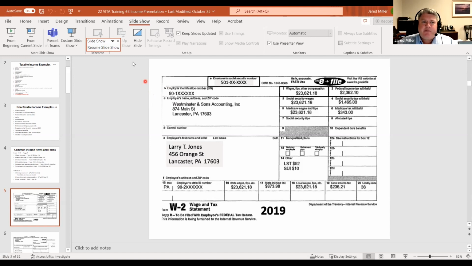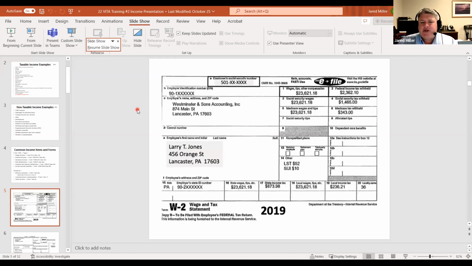Now, good news is if you haven't been part of VITA before, if you enter the employer identification number, that information for the employer will automatically populate if someone else at VITA has already entered that same W-2. So if we have a common one, things like School District of Lancaster or large employers like Lancaster General Hospital, that information will already pre-populate, so it saves you some typing. Other great benefit, if the individual has been in the VITA program before and they elect to have their information carry over, all their prior W-2s and everything else can also carry over as well, so you don't have to re-enter all the data.